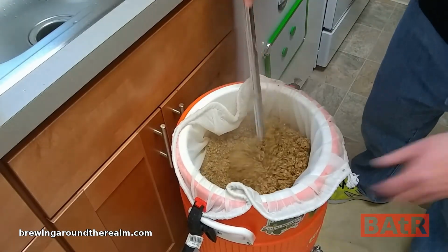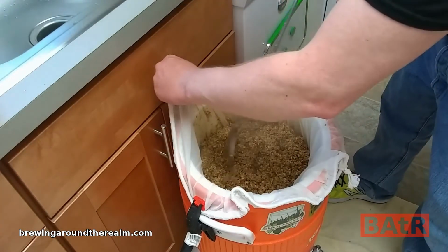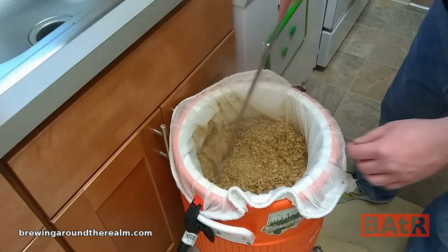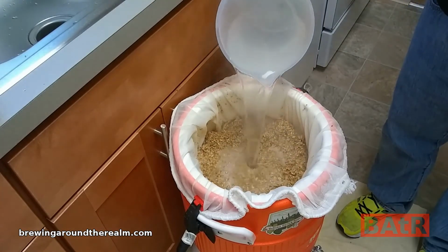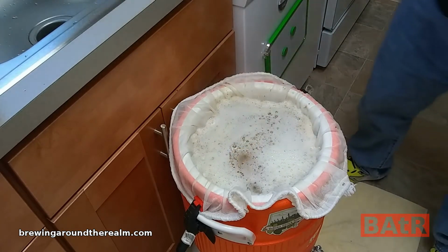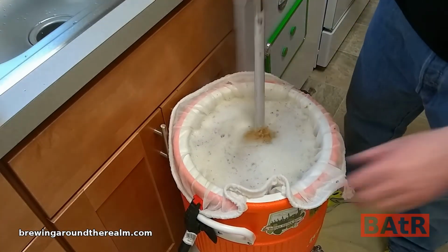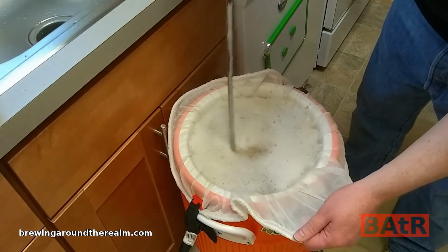After an hour of coming back and mixing this every once in a while, it is really, really thick. So I'm going to thin this out. I'm going to sparge this with as much water as I can get in here. Alright, that's about as good as that's going to get. Mix this up and I'll let this sit for probably 10 minutes and then